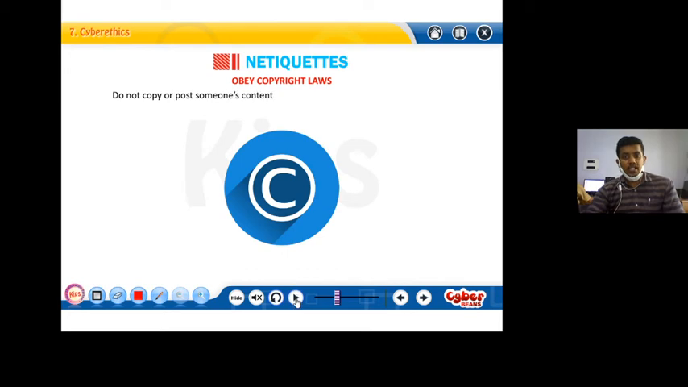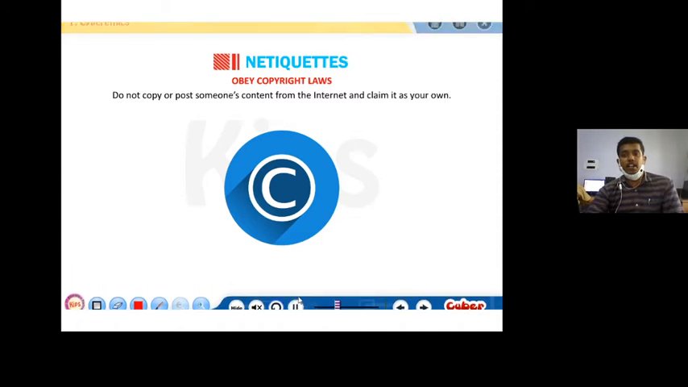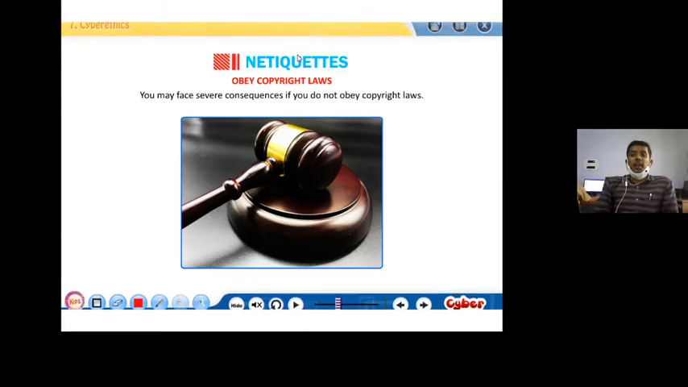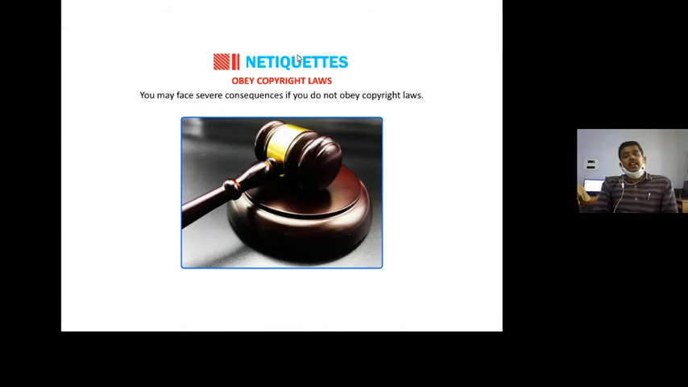Obey copyright laws. Yes, this I want to mention and highlight especially. Copyright: do not copy or post someone's content from the internet and claim it as your own. You may face severe consequences if you do not obey the copyright laws. Copyright laws are very important in the aspect of netiquette. There are some guidelines which I am telling. When someone has posted some article, or someone has posted their particular